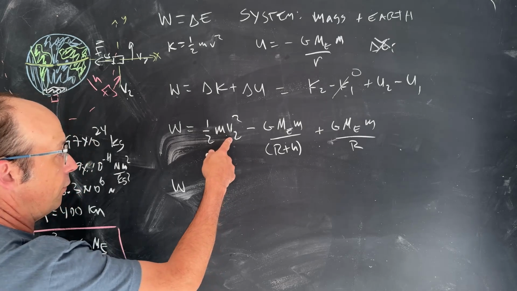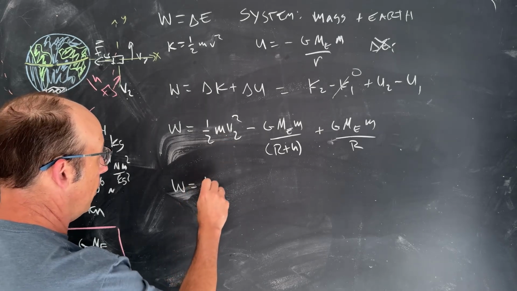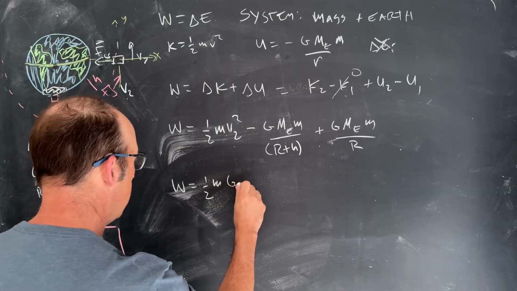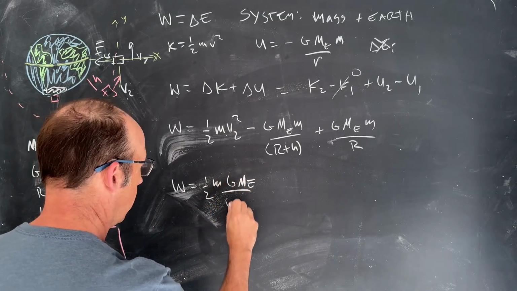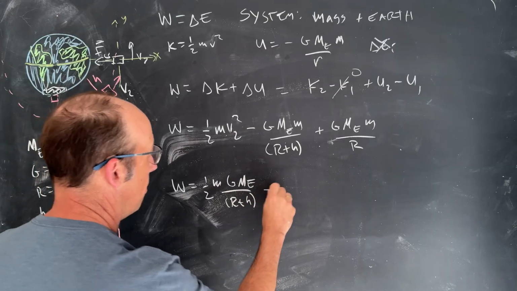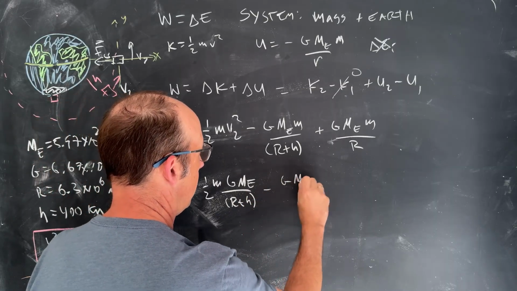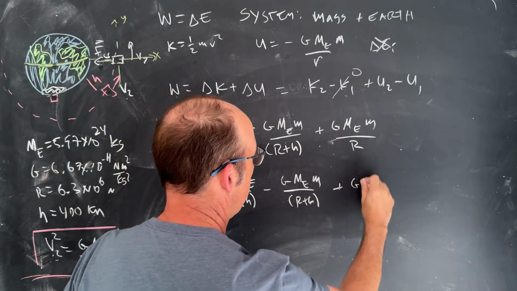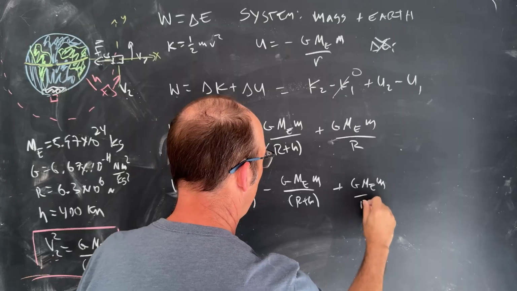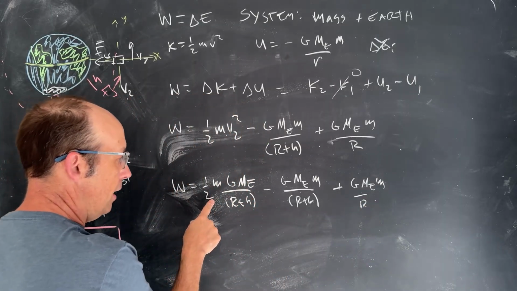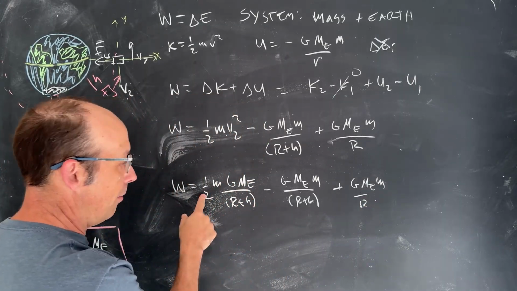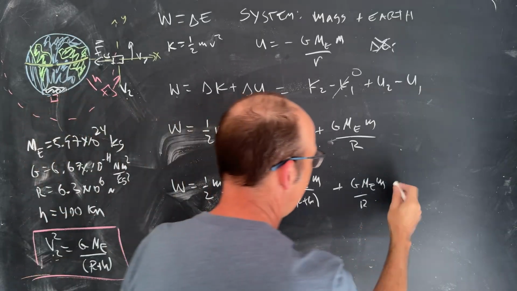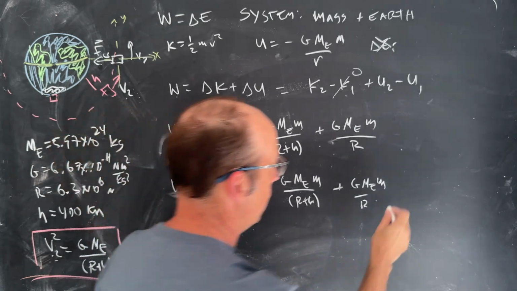Okay, so let's do this. Let's just put in our expression for v2. It's going to be 1/2 m, and then v2 squared, I'm sorry, it's going to be G Me over r plus h, minus G Me m over r plus h, look at that, plus G Me m over r. So here I have this minus that, and they're the same thing except for the half. So this is going to be 1/2 minus 1. So I actually can write this. You don't have to, but I want to. So it's going to be equal to